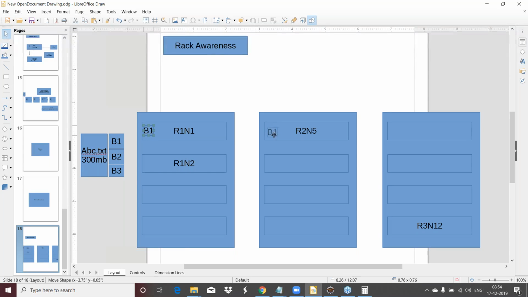Let me say it is here. And the third copy is going to be on the same rack but on the other machine. So this is the concept of rack awareness. Rack awareness says that one copy is going to be on one rack and the two other copies will be on the other rack, and a total of 3 machines are going to be used for 3 copies, on 3 different machines and 2 different racks. A quick round of confirmation, is this very clear to everyone?